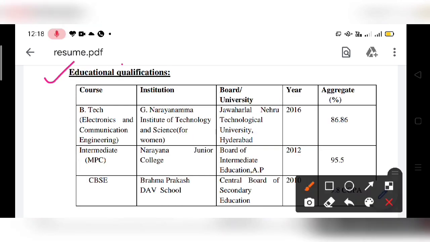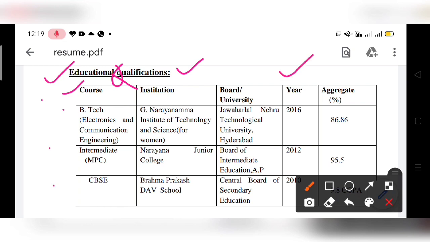Now coming to educational qualifications, here just see the title Q. Q should be capital. You can also use other titles like academic track record or academic skill set, etc. You can make use of different kinds of side heading. And this is one way of representing the educational qualifications, that is in tabular format. Another way is to just bullet the points.